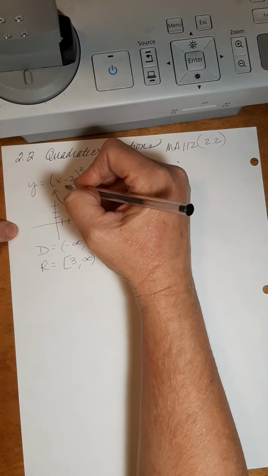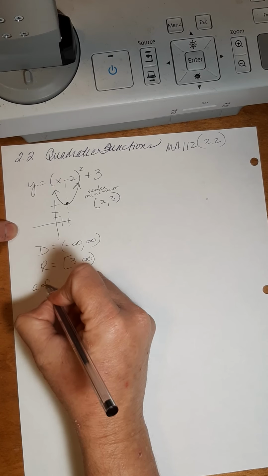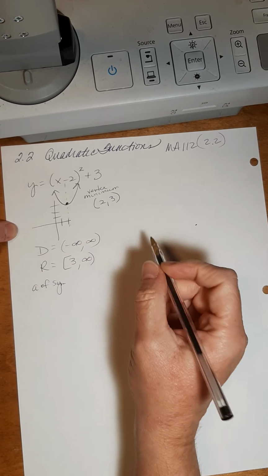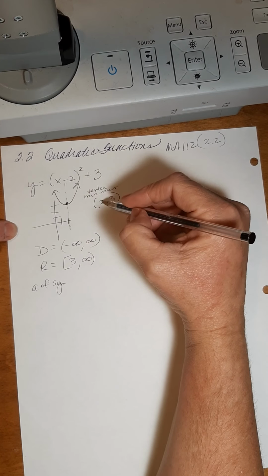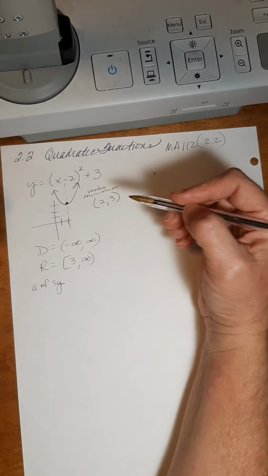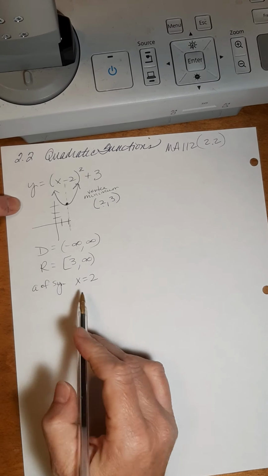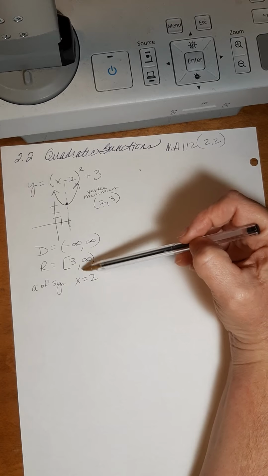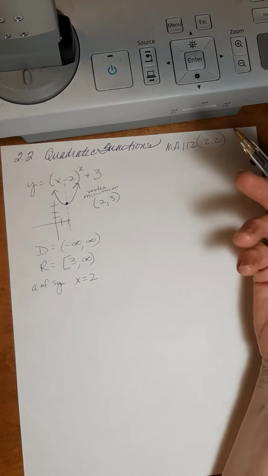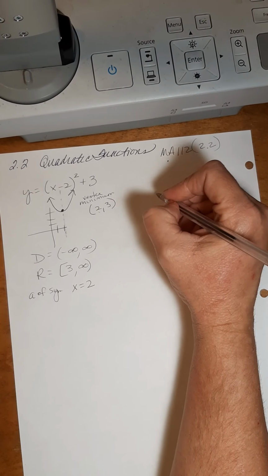Something called the axis of symmetry that cuts it in half. I'll just abbreviate it. Notice how it's a vertical line here at the x-coordinate of the vertex. So that would be x equals 2. Not just 2, but x equals 2. So those always have to do with the vertex,